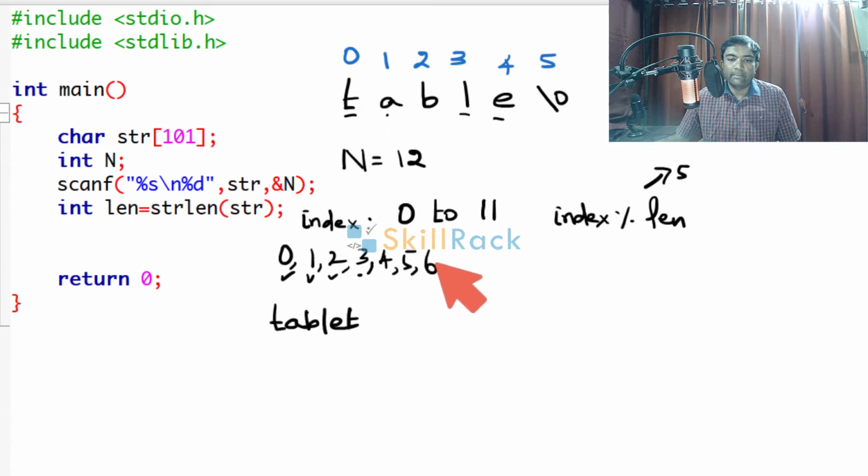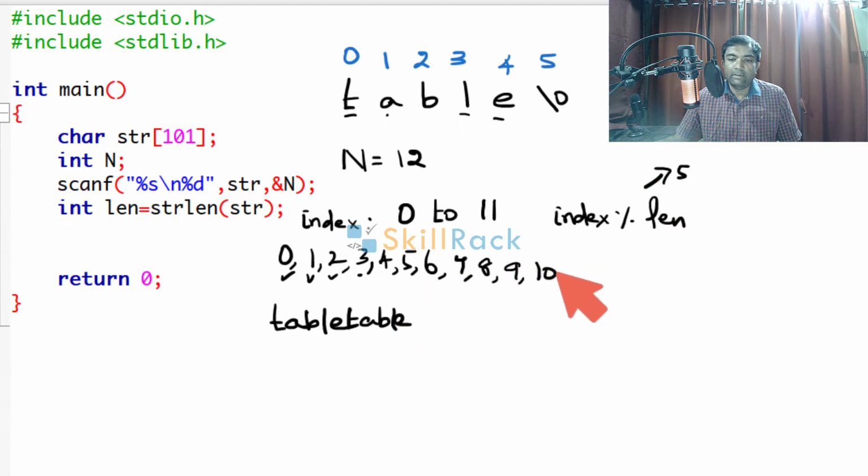When the index becomes 6, 6 modulo 5, remainder is 1, A is printed. When the index becomes 7, 7 modulo 5 is 2, B is printed. When the index becomes 8, 8 modulo 5 is 3, L is printed. When the index becomes 9, 9 modulo 5 is 4, E is printed.